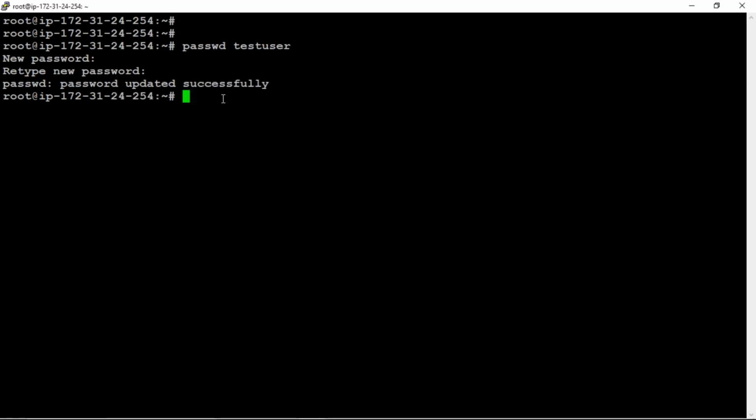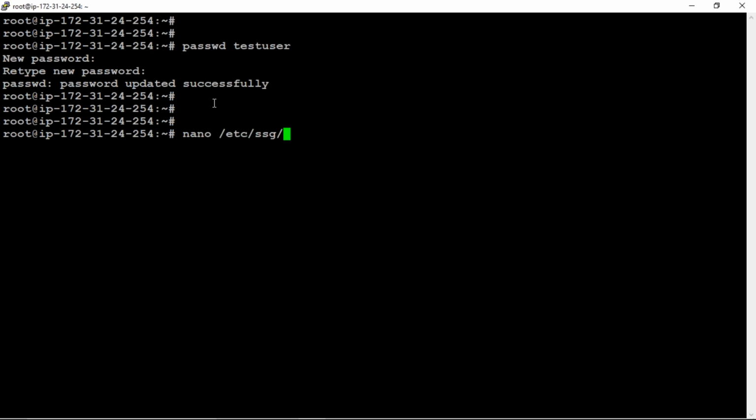Now we need to change that permission, the permission for the test user, the test user we have created. To change that permission, nano space slash etc slash ssh slash sshd hyphen config.